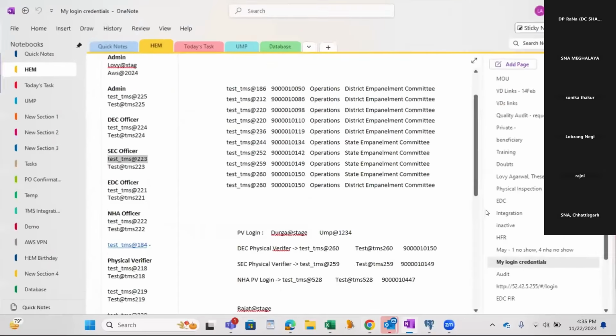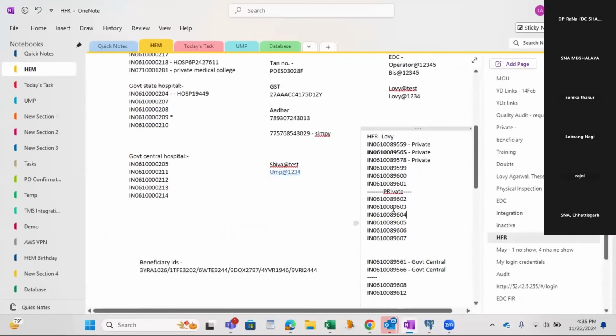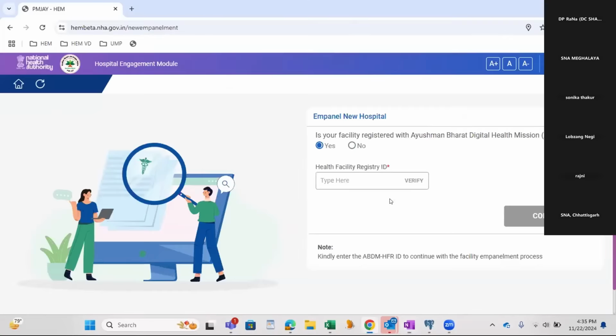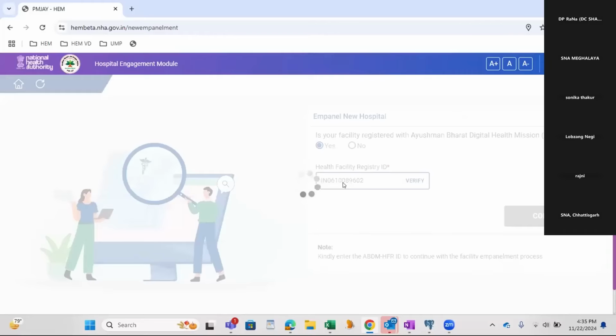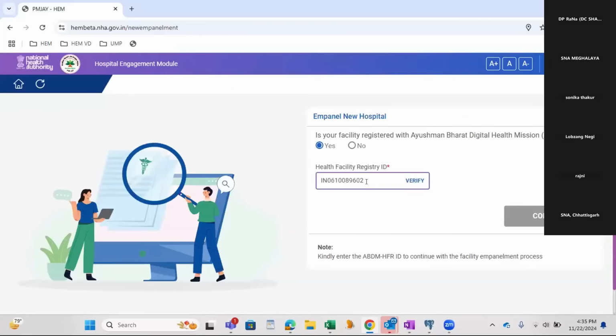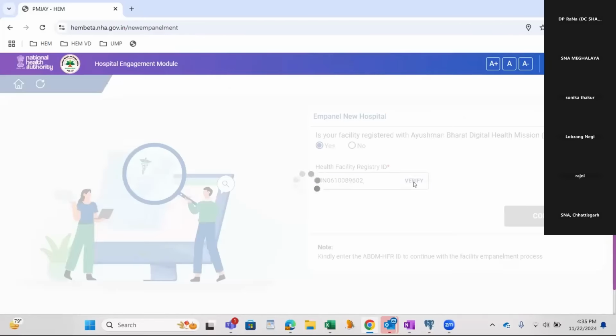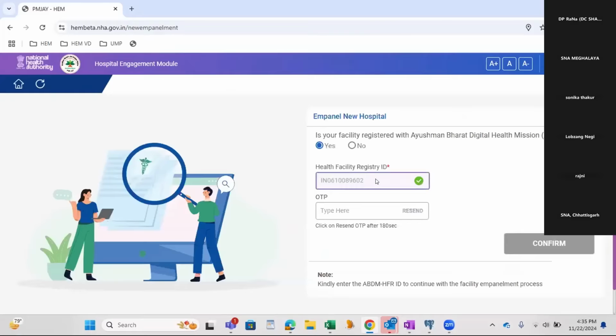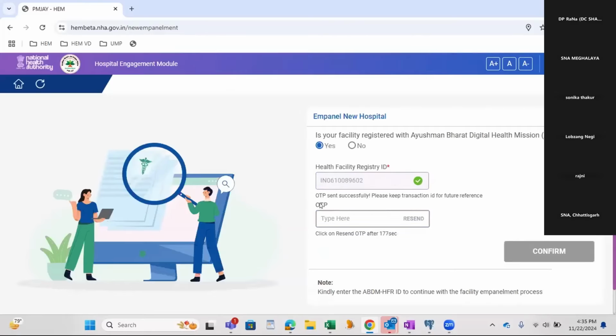Here I will enter an HFR ID, which is for a private hospital. The moment I enter it, verify is enabled. Let me verify this. It will ask me for an OTP. The OTP for this HFR will go to the mobile number with which the HFR was created.